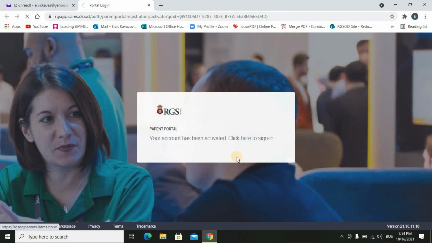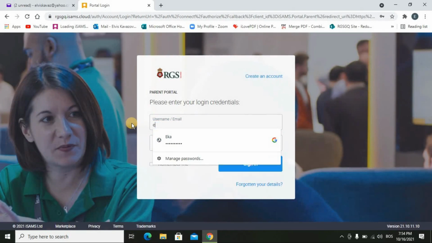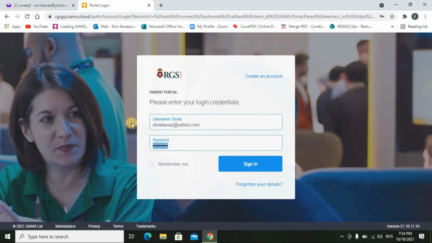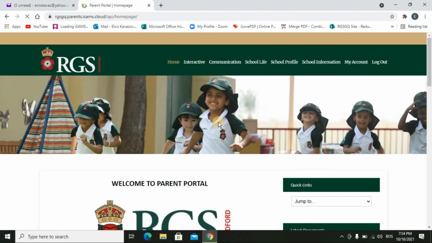So click here, use the email that you used before as your username, and then type in the password that you created for that account. After that, just click sign in. And here we go. We have access to the parent portal